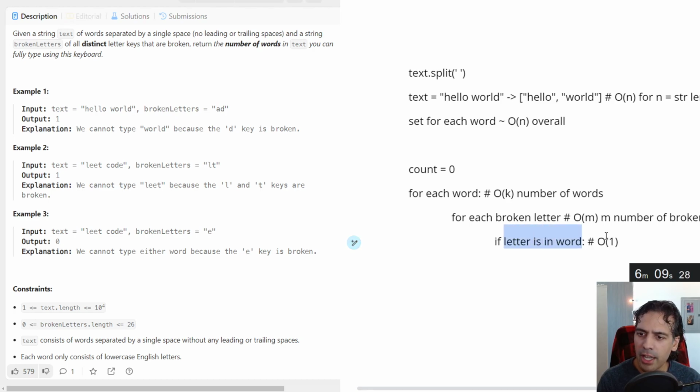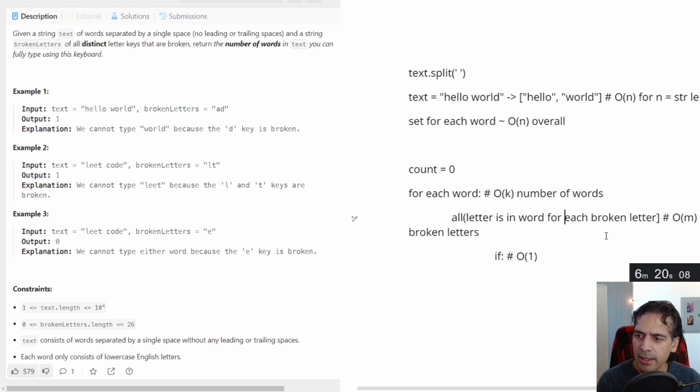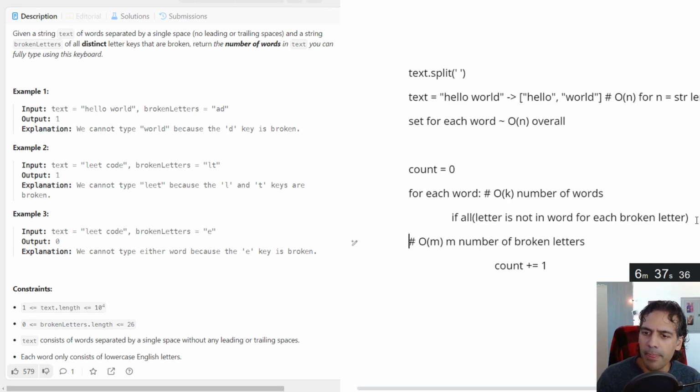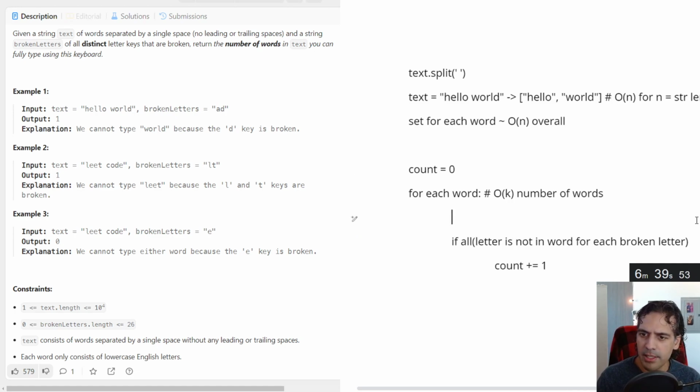And what I'd like to do is kind of just check, and then we do like an all on that, basically. And if that's true, then we can append it into the count. Because that means every broken letter, if letter is not in word. Okay. And you guys should be able to still see this.